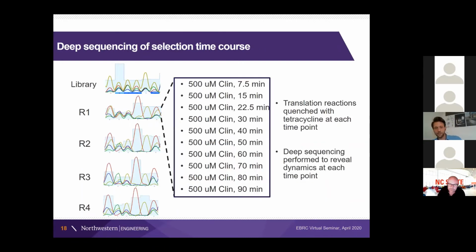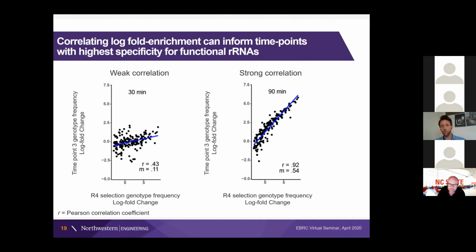I also wanted to look at the selection dynamics within a single round. So I took the library and I did a round of selection in the presence of clindamycin. I took out samples and I quenched the reactions with tetracycline at time points between 7.5 and 90 minutes. And I basically looked at how well the enrichment of genotypes at each time point correlated with the known clindamycin resistant genotypes that we got out the end of the